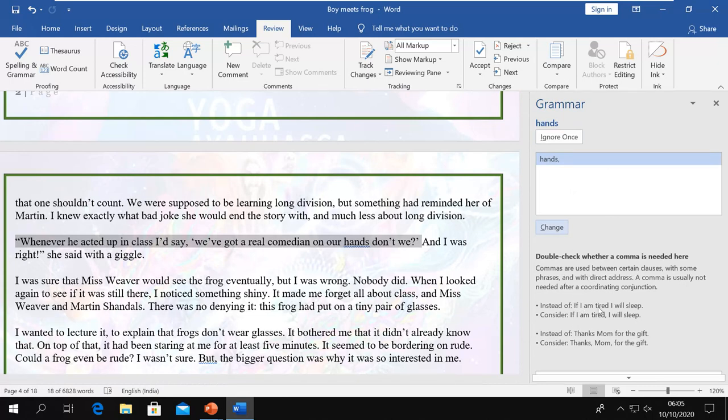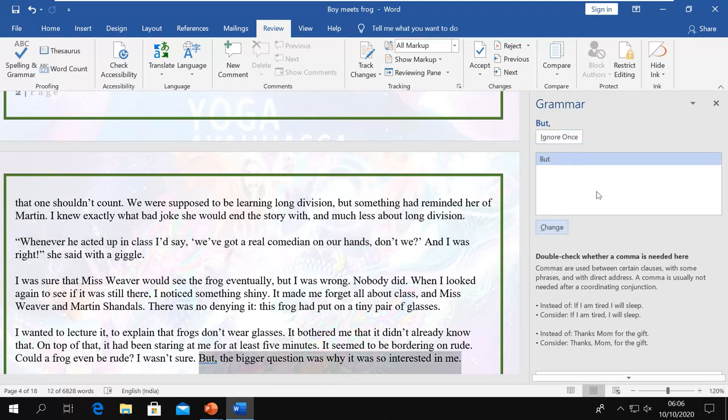Like instead of this, consider this, or another example, like instead of this, you should consider this. So it is saying you are having a grammar problem here, and it will say what your grammar problem is. You can see the suggestion, you can see the explanation with example, and then if you feel it, then you can change it or ignore it. So it depends on you what you want.